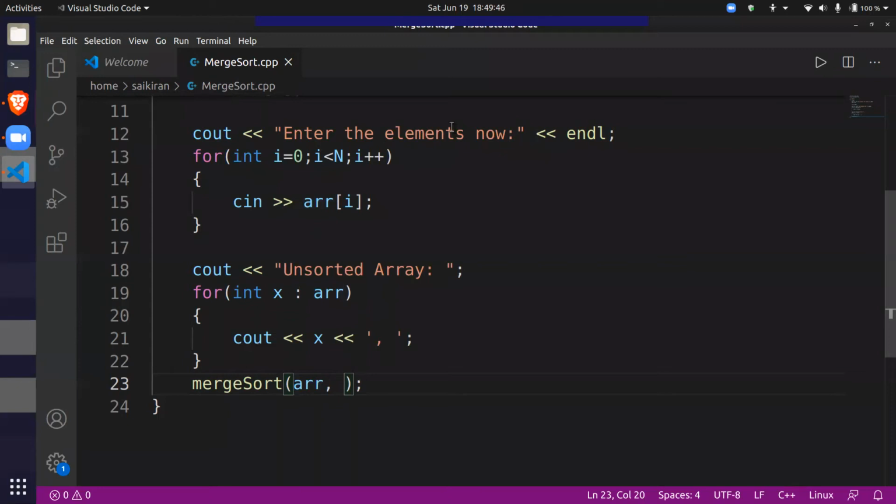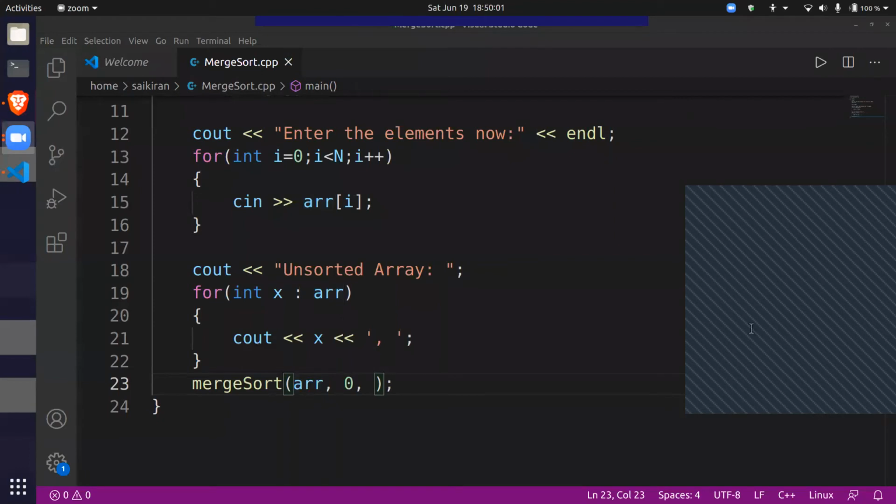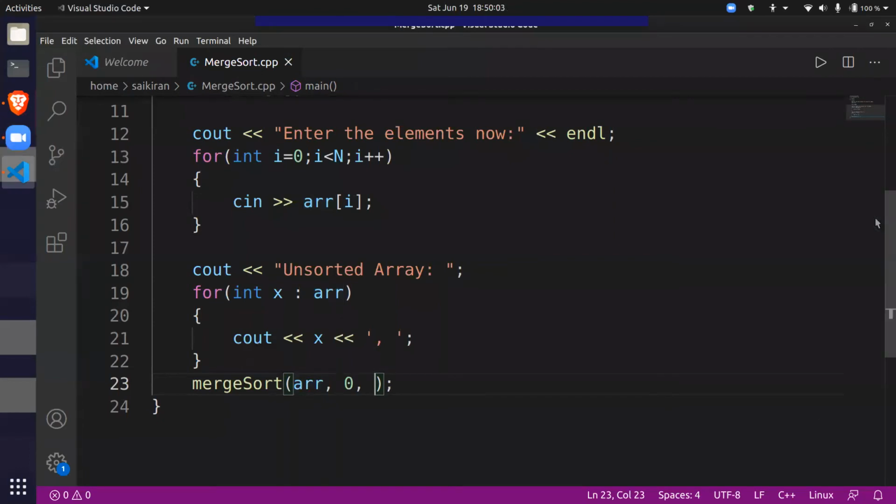So the boundaries will be from 0 to what will be the right boundary? Can somebody mention in the chat? 0 to what? N minus 1. That's correct. So the array starts from 0 and the other boundary is n minus 1. So after merge sort finishes, our array will now be sorted.